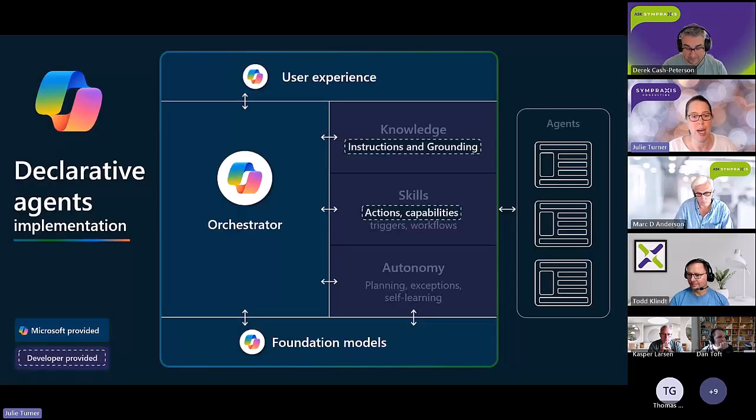So going to that next slide, this is where you can use a declarative agent to give it skills and knowledge where those skills can be custom code. So you could write your own code modules to plug in there to get those actions and capabilities. Plus you can do the instructions and the grounding and all the things you can do with the other. So declarative agents, which are essentially just a bunch of JSON files and then whatever custom code you've written, are fairly easy to put together. They still probably take a dev, but it's not a lot of coding. It's just a matter of declaratively connecting everything together.